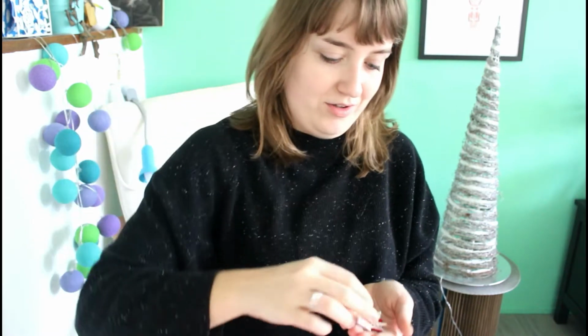First of all, I've got these cute little, I keep forgetting the word, I think they're called pegs. Very cute little pegs with a heart on them. And I ordered some